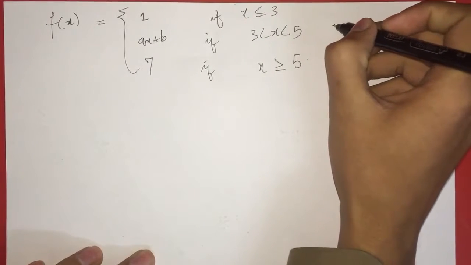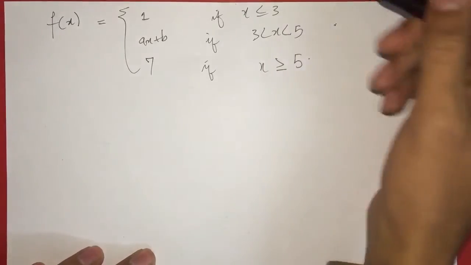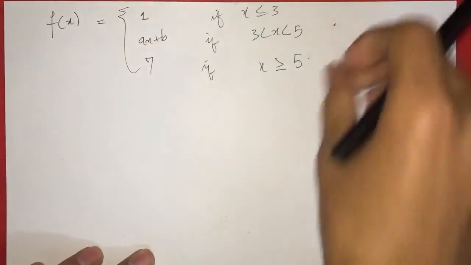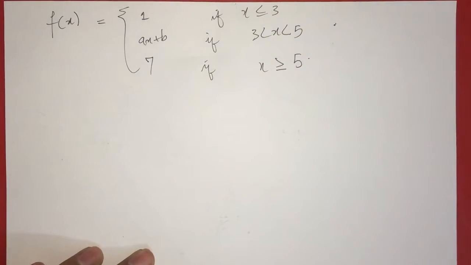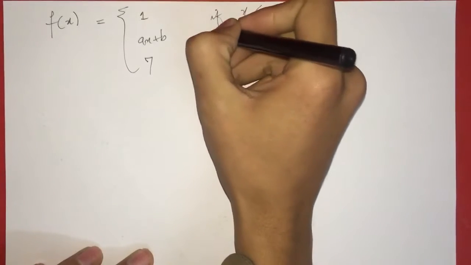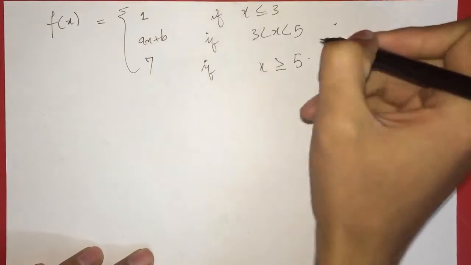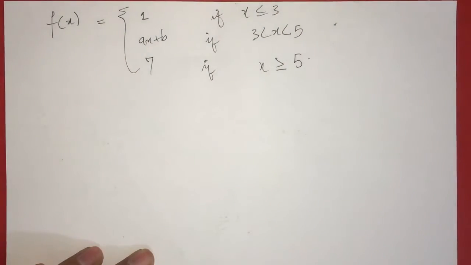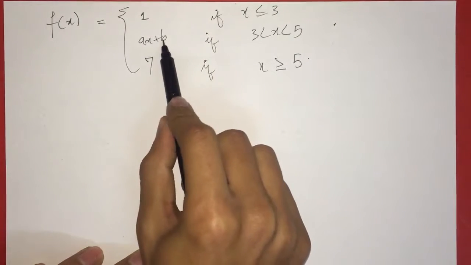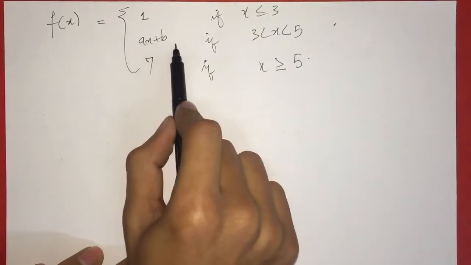But the way you solve this question is, first you get to know at what point this function is continuous. Then you apply the left hand limit, then you apply the right hand limit, and if the limit exists, the right hand limit has got to be equal to your left hand limit. And then you compare the values of ax plus b